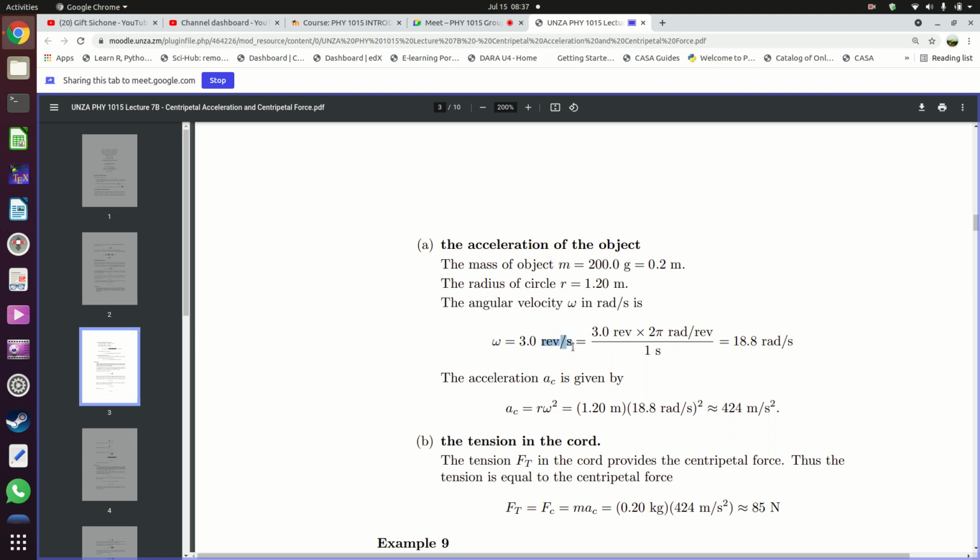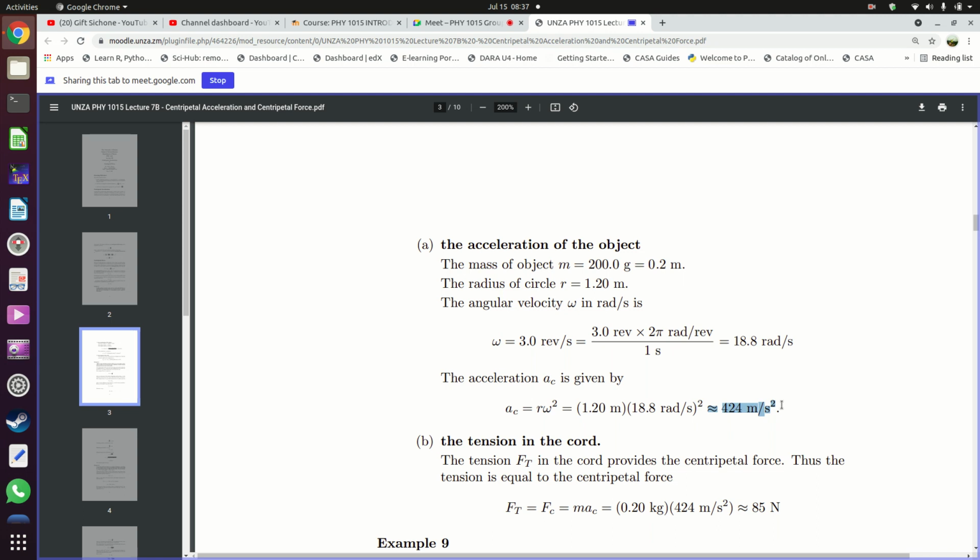You have to do your calculations using radians per second. So you change your angular velocity from revolutions per second to radians per second, which is 18.8 radians per second. With this information, you can work out the centripetal acceleration. Your centripetal acceleration a_c is equal to the radius multiplied by the angular velocity squared. In this case, 1.2 meters multiplied by 18.8 radians per second squared, and you get your acceleration as